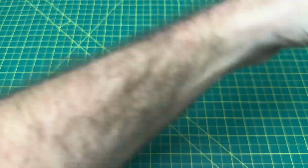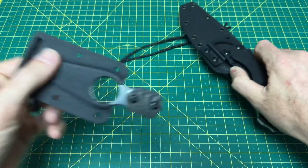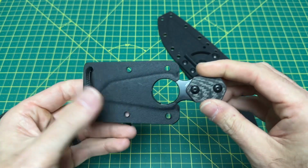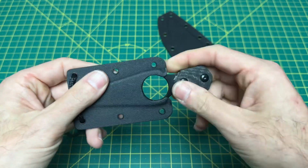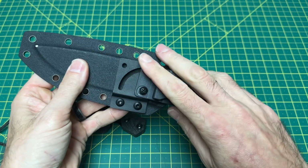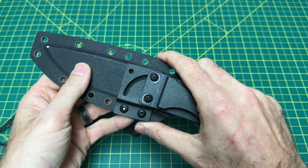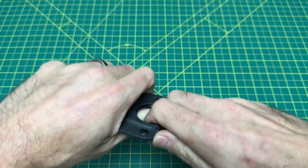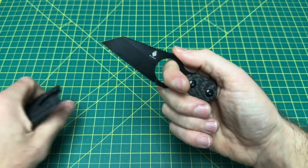One of them, just to get caught up on the other one, happens to be a new version that I really think is the ultimate version. I feel like this is the version they should have come out with the first time. It's really, really good. And then this one here is a brand new design that we will talk about in just a second. But first, we're going to cover this guy right here, and this is the variable Wharncliffe